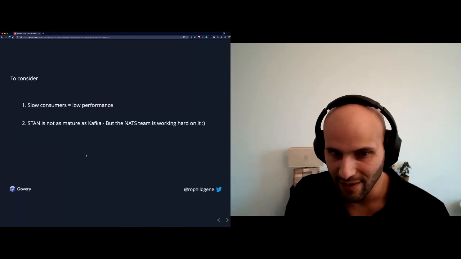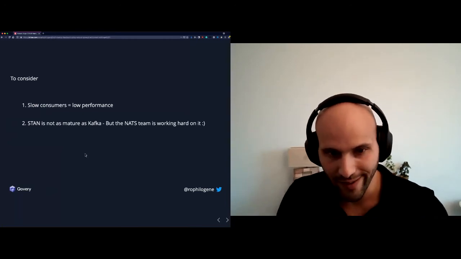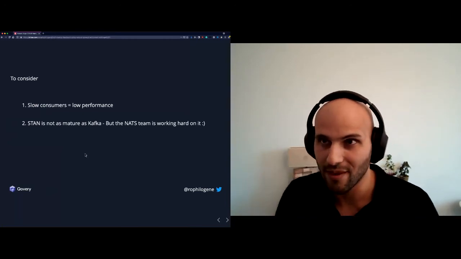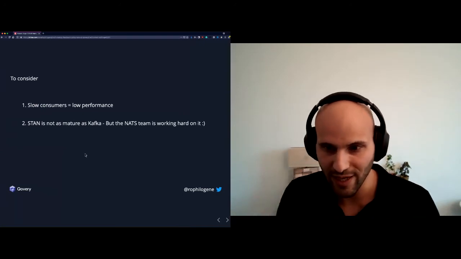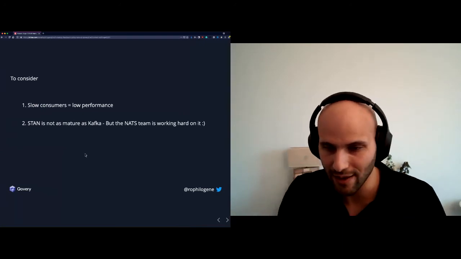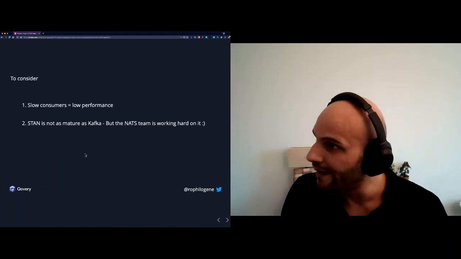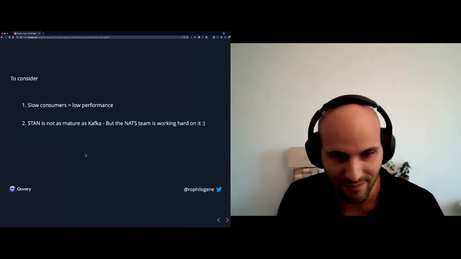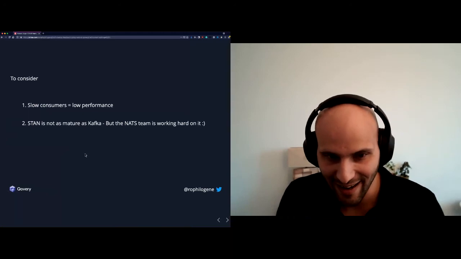One thing I mentioned is that NATS is kind of the best combination you can get from RabbitMQ and Kafka, but it's not exactly like that.